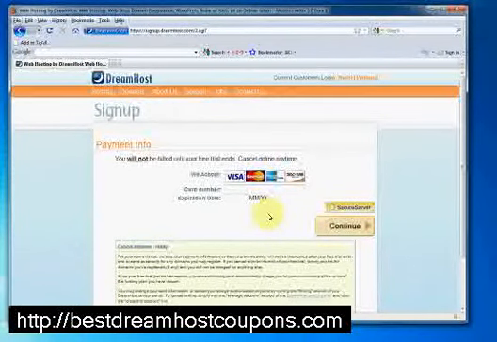The next couple of pages are going to give you some options about choosing a dedicated server or a dedicated SQL server. Those aren't things that you need to select just to get started with WordPress unless you know that you already want them. It's not something that I would choose for my test domain or for a new blog that I was starting. You can choose no on those things, and once you're finished, you'll get an email from Dreamhost, and they're going to give you your login information, and you'll be able to log into your account. The next video I'm going to do is going to show you how